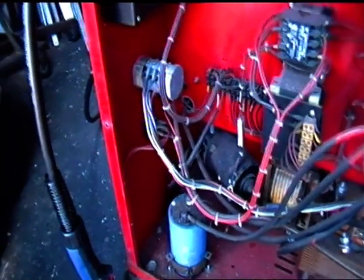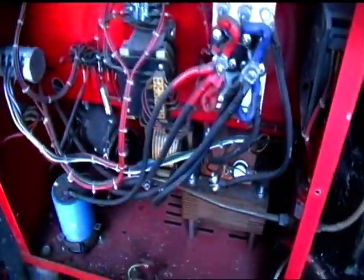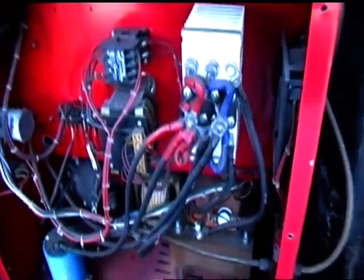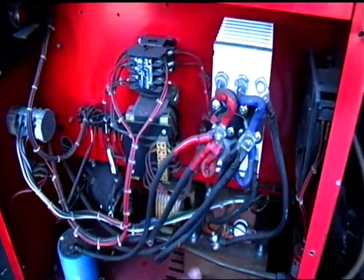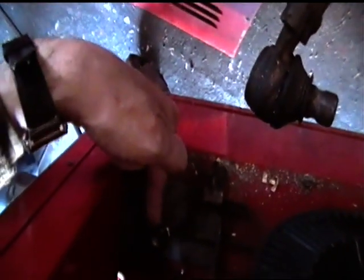So first thing you've got to do is establish where the motor is. Straight away, it's not stuck here on the back of the drum of wire. That's not where the motor is connected. It doesn't force wire up. It drives the wire through a couple of rollers which are situated down in here, and those rollers grip the wire and force it up the tube of the gun. So we have to